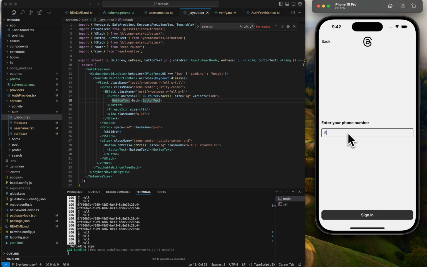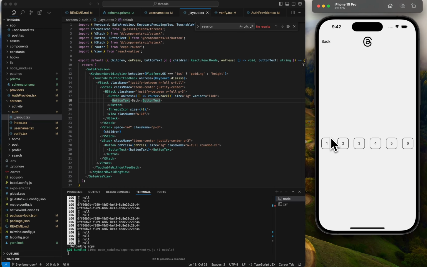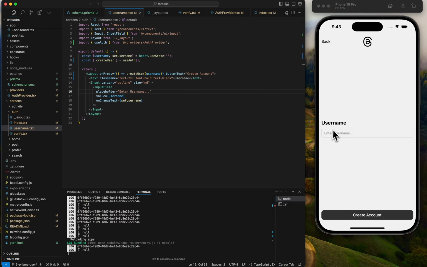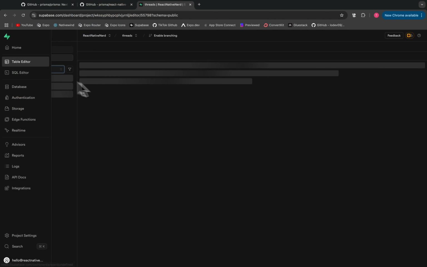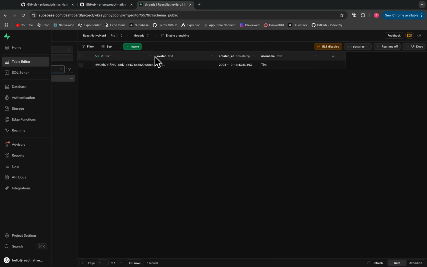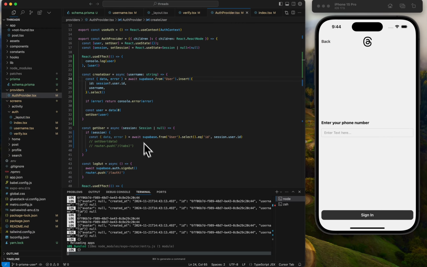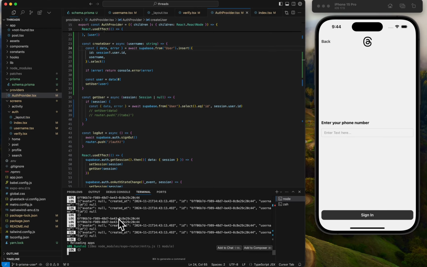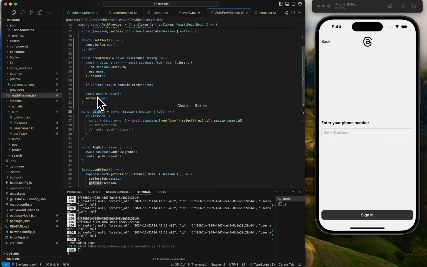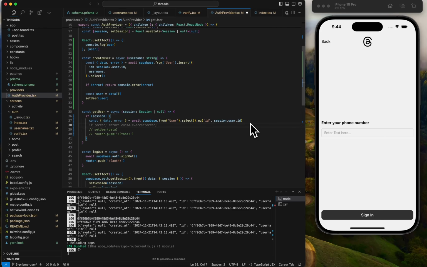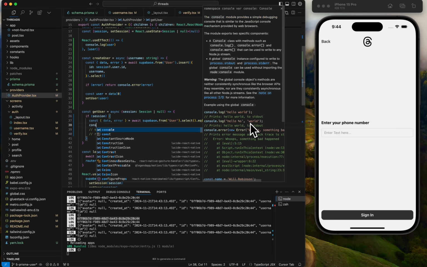So now we're going to create a user. Okay, again, we're going to create Tim. We're going to create account. Okay, it created our user, Tim, and then the ID C44 should match the ID that we were logging. Yes, on the session ID. So get user, select ID. So we console log